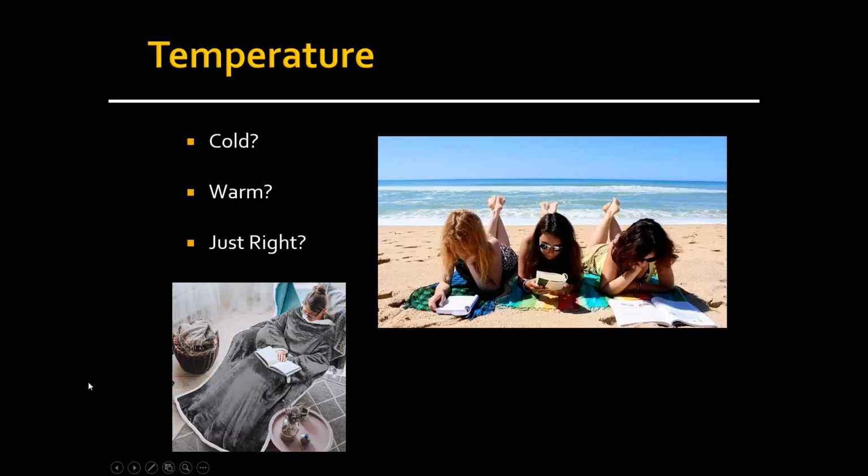Another consideration, of course, is temperature, and I always feel like Goldilocks when I talk about this slide. Do you study best when it's colder, warmer, average, just right? And of course, while you can't always control the temperature in a room, definitely have an awareness of your preference, whether you like a cool or a warm environment, because you can dress in layers, so you can adjust to differences in a classroom or in a testing environment. So just choose to study in the environment where you feel most comfortable.